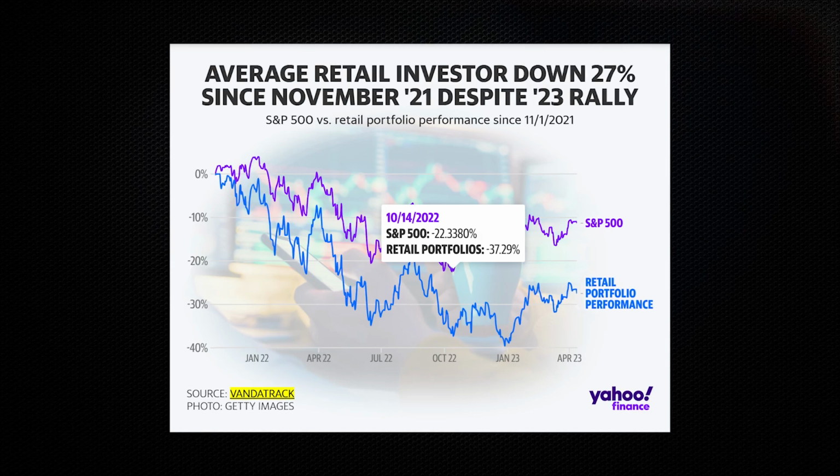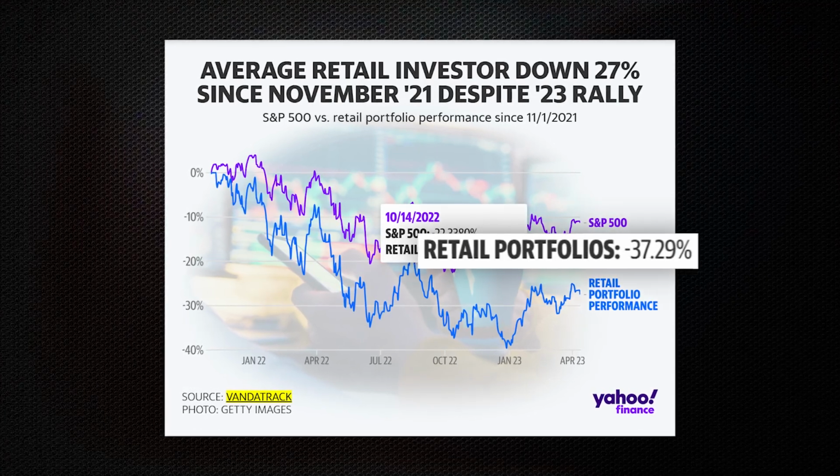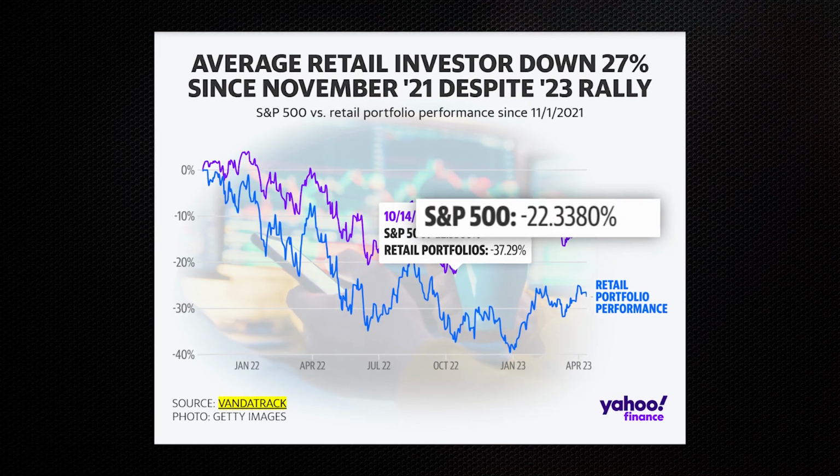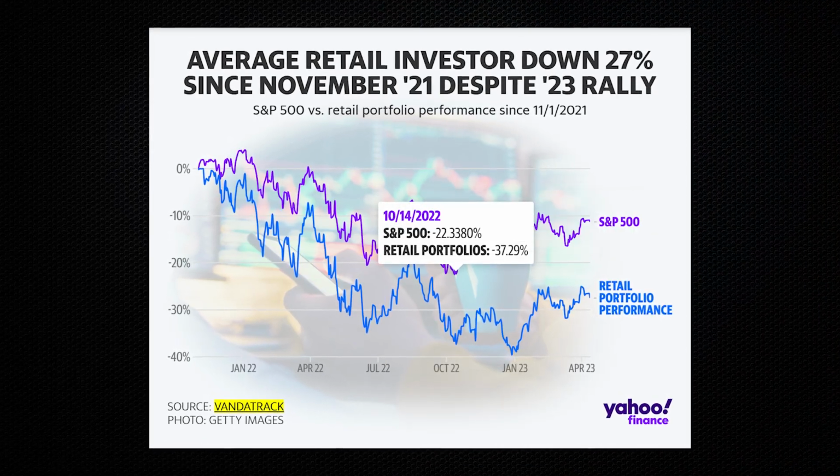In last week's video, we talked about how asset allocations are failing retail investors all over. We showed metrics showing how the stock market did in 2022 during the correction compared to the average retail investor. The average retail investor lost almost 1.5 times as much as the market did as a whole. And the question that we explored in that video was, how can that be the case if asset allocation is